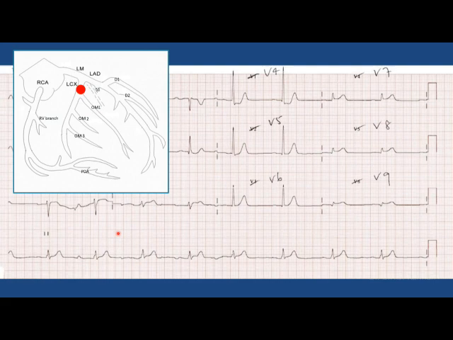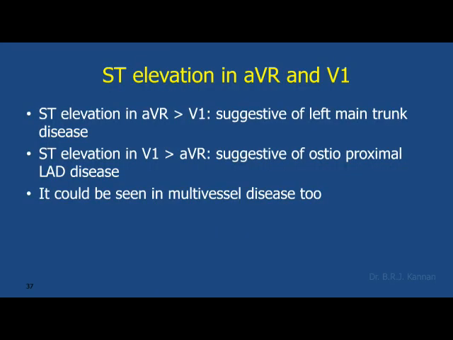Why do I say non-dominant? Inferior leads are not showing ST elevation. If inferior leads also showed ST elevation, that means the circumflex artery would have come like this and supplied the PDA, and it would have been a dominant circumflex artery, and hence I should have seen ST elevation in 2, 3, AVF. Because there is no ST elevation in 2, 3, AVF, and only V1, V2, V3 showed ST depression, I am calling this a posterior MI, and the lesion is in the circumflex coronary artery.